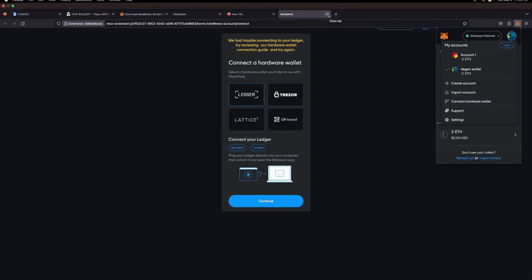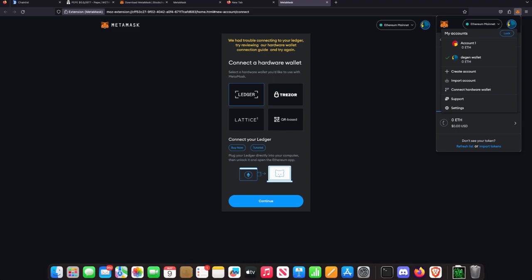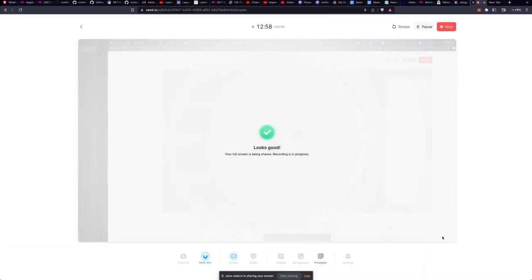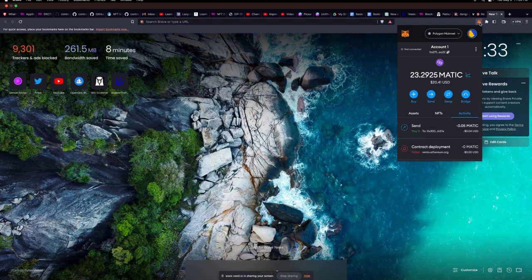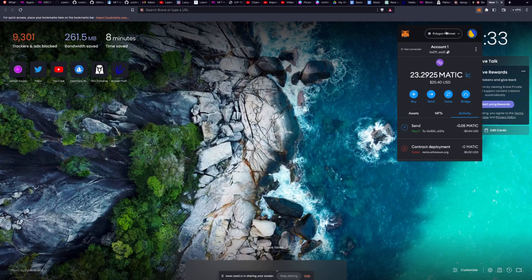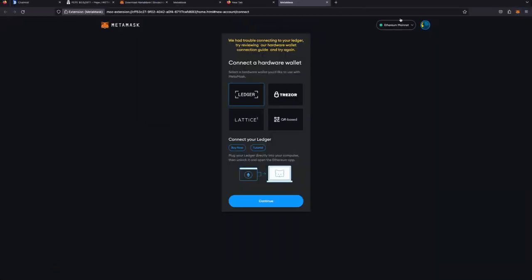Okay. Now let's do a transaction. I'm going to hop on my other wallet so that you can see that a little bit better. Okay. So here's my other wallet. I already have it jumped. It's my hot wallet, and I already have it jumped to the Polygon network. I've got $20.40. And suppose I wanted to send it to the Polygon network right here. As you can see,